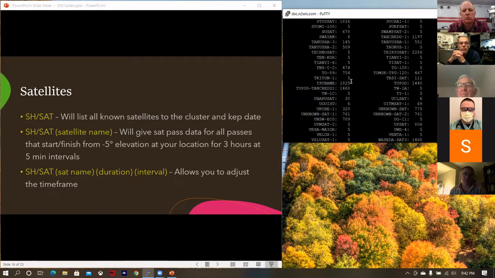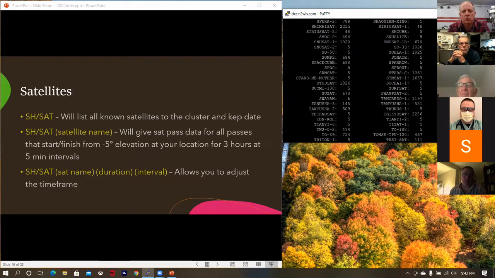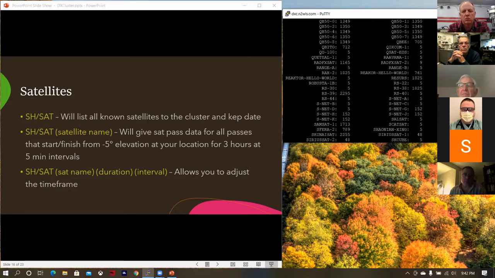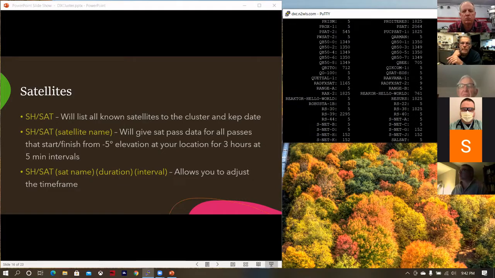The number after the satellite name is the number of days since the CEPs were updated, which basically tells where the satellite is in the sky. So some of these satellites, you're seeing, were last updated 2,295 days ago. I'm assuming RS-39 is no longer being tracked, or nobody cares about it, or it's burned up, or it's not a current satellite. But things like RS-44, I believe my CEPs update once a week. So it's got 5 days, and it'll eventually get to 6 days and then reset to 0